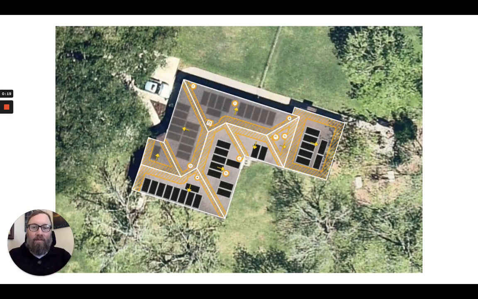All right, if you're watching this video, you're doing some research into the cost of solar energy. And it's not like a cookie cutter answer. We can't just say, well, solar is going to cost this much, right? Because every home is different. And even if you had two identical homes next to each other, those homes could have very different electricity needs,